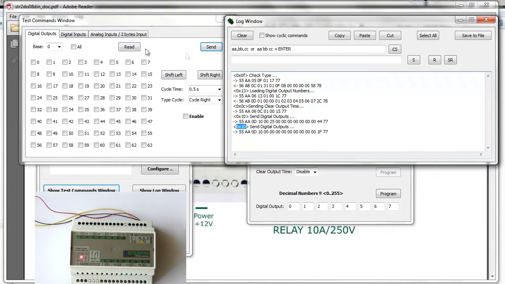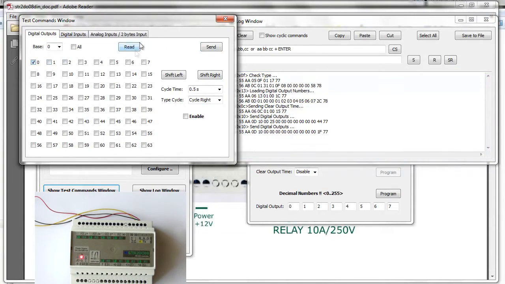With one command you will set the status for 64 outputs. How to use it? For example, if you click here,